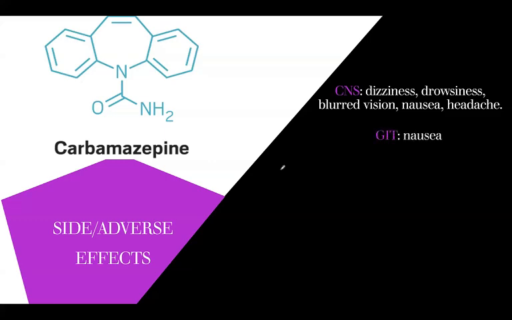Then there is also the GIT-related adverse effects because of the irritation of the drug on the gastrointestinal mucosa, mainly nausea. Now you'll notice that there's nausea under CNS, nausea under GIT. How do we differentiate that? So when the person is on carbamazepine and the person is experiencing nausea, if taking food before taking the drug or taking the drug with meals reduces the nausea, then we can infer that it's likely gastrointestinally